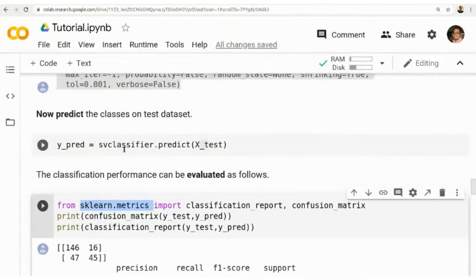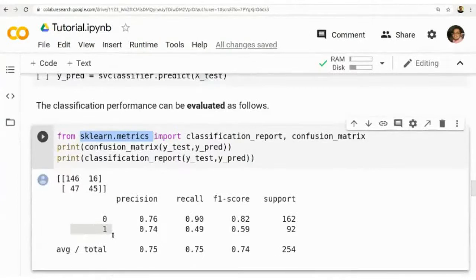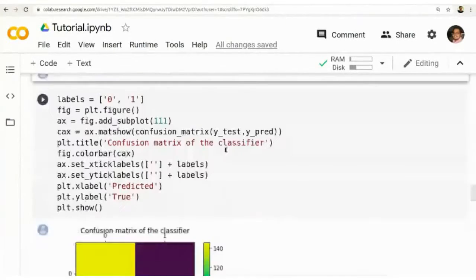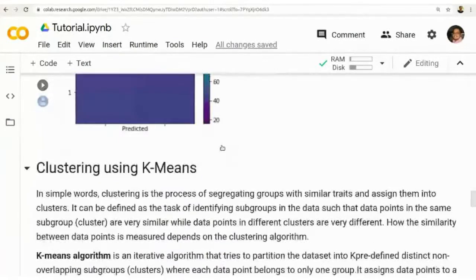So you can try yourself, and then after making the prediction, you can evaluate the prediction. If it is not fine, you can change the kernel. You can try another kernel and see how it is performing. You can compare the results. For different kernels, after getting the results, you can plot them using matplotlib. You can plot the results and select which kernel is better for this data set. So this is how you use this algorithm, the SVC algorithm.